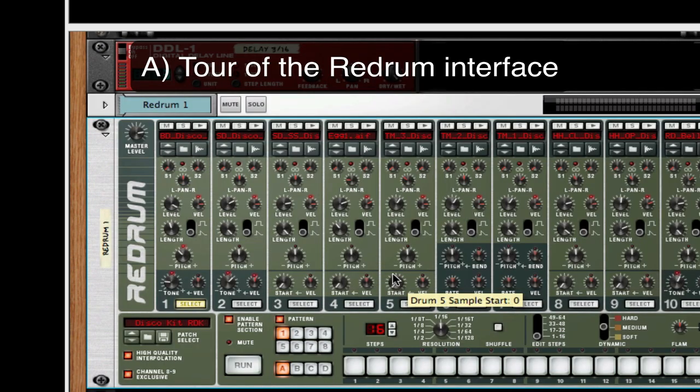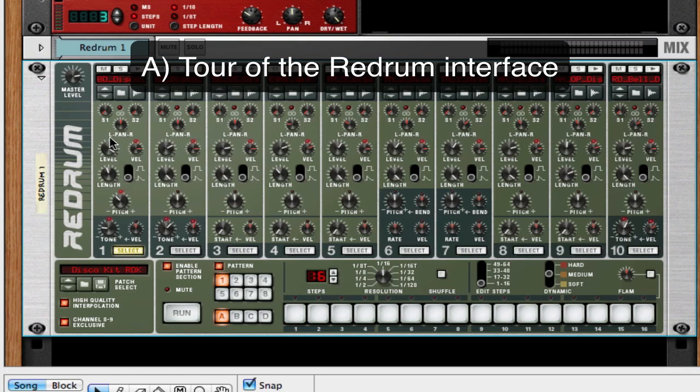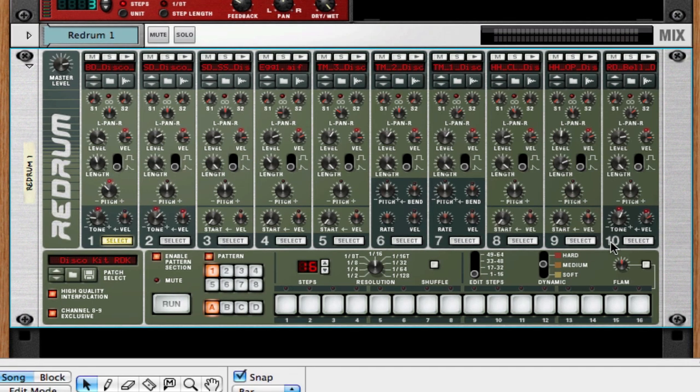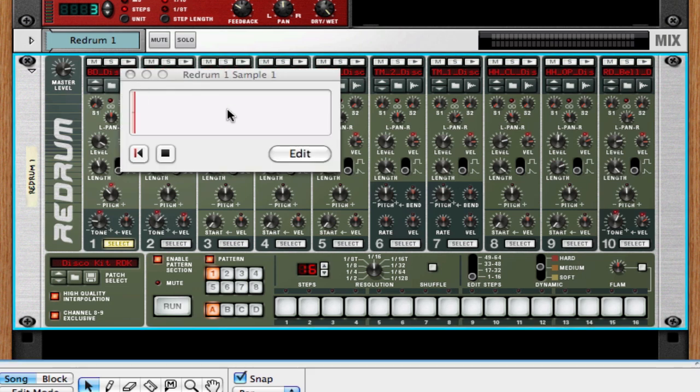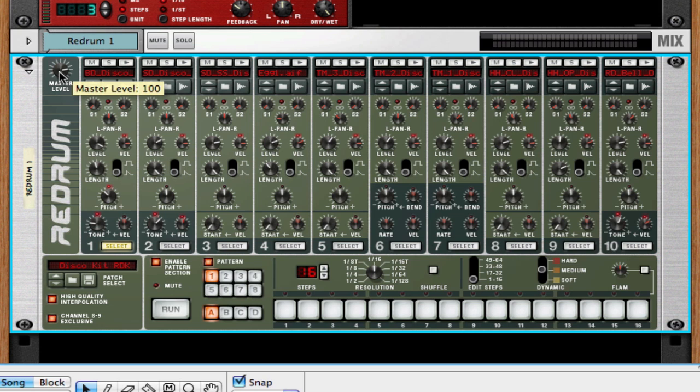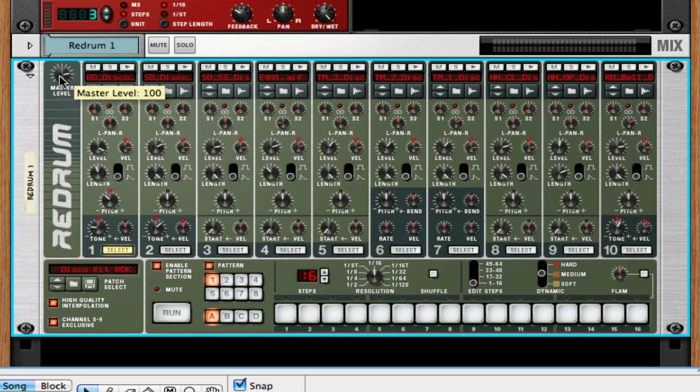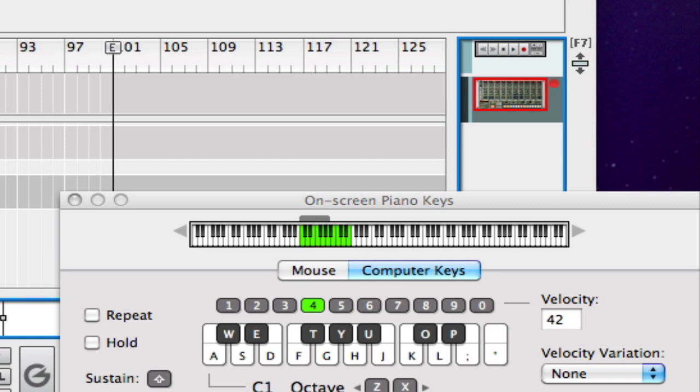So the Redrum interface is a drum machine that has 10 channels. Each one of those is a sampler. You can either browse and load samples in it, or you can sample directly to it. The master volume is to the left, that controls the master output of the whole Redrum. And you can either play these 10 drum modules on the first 10 keys of your keyboard from C1 to